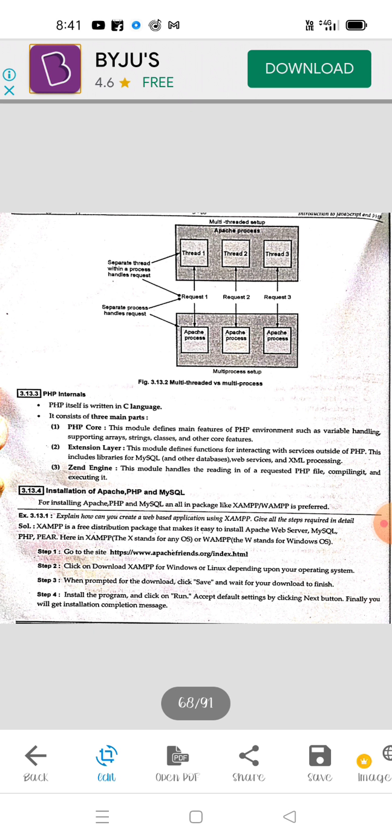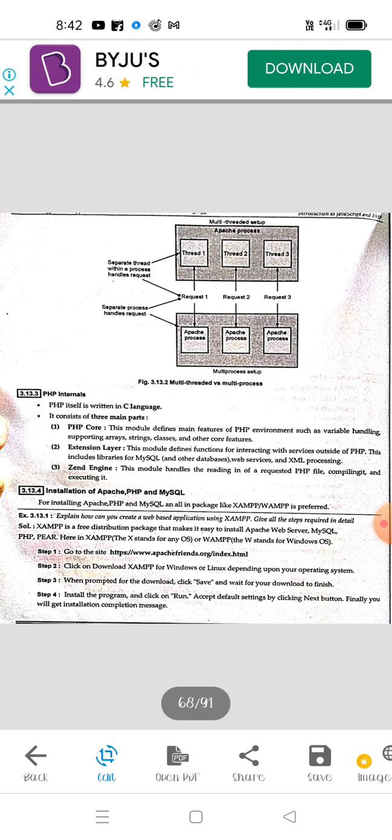This includes libraries for MySQL, web services, and XML processing, which means access to the database. Then the Zend engine: this module handles reading in the requested PHP files, compiling them, and executing them.